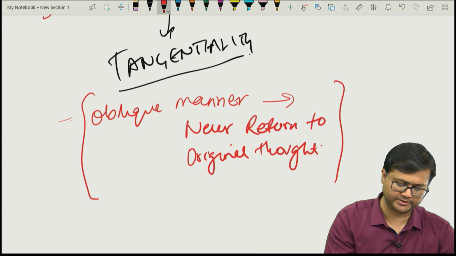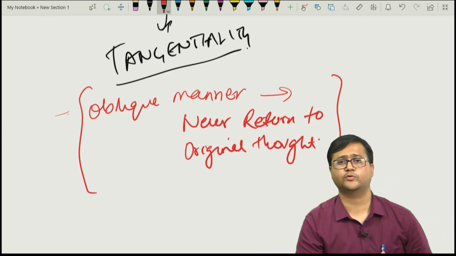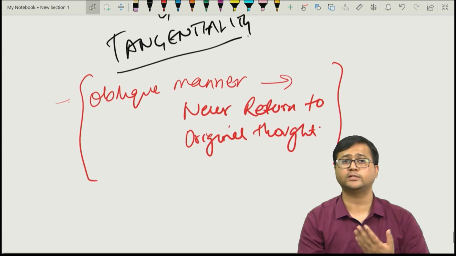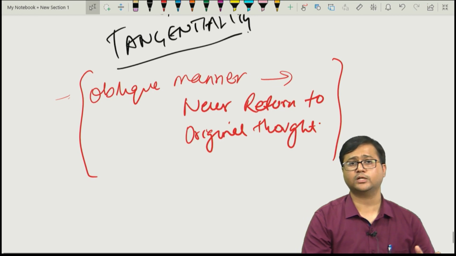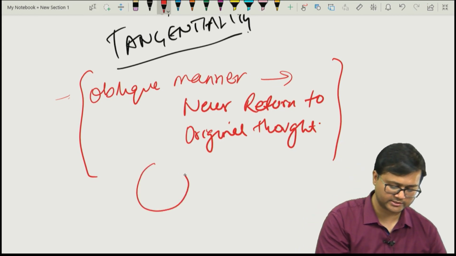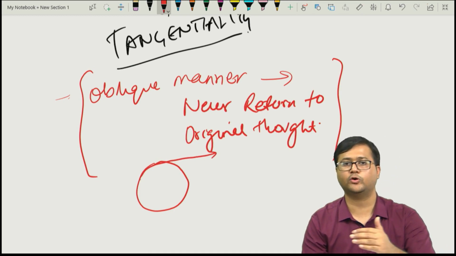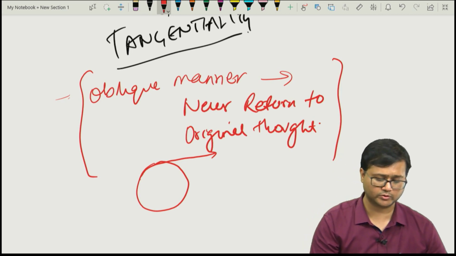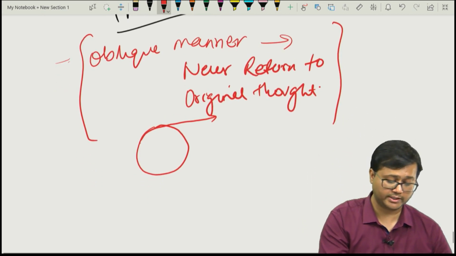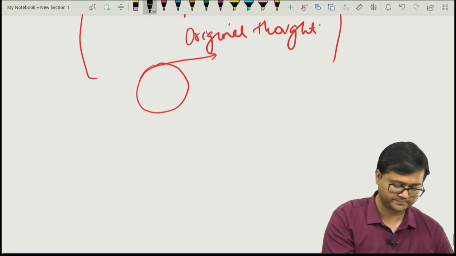Very important to remember. They may start as if they are going to answer the question, but subsequently they go just like a tangent to a circle. They move in a tangent manner and just go out. They will not return back to the question. So this is tangentiality. In circumstantiality,